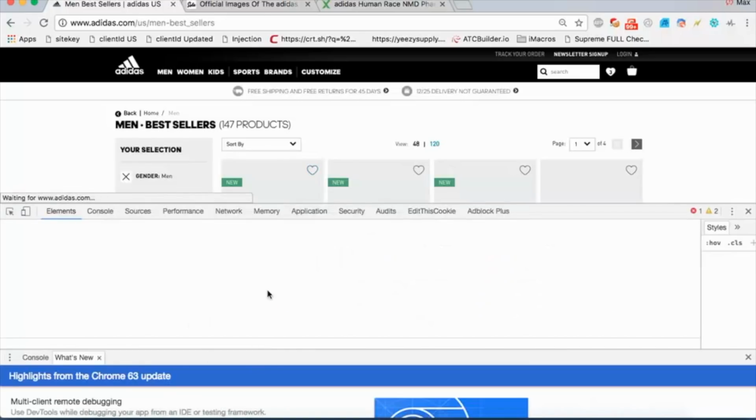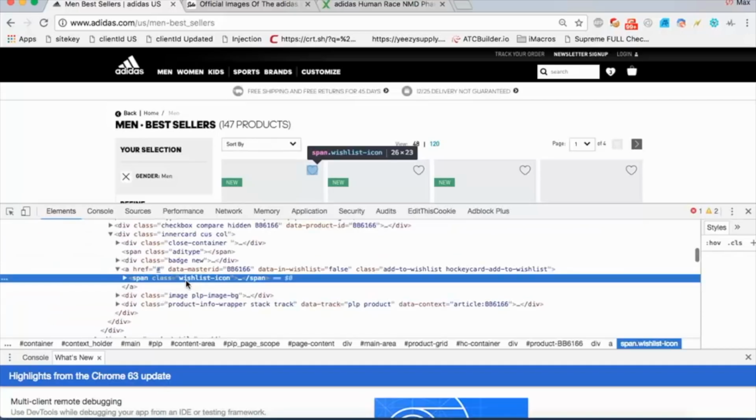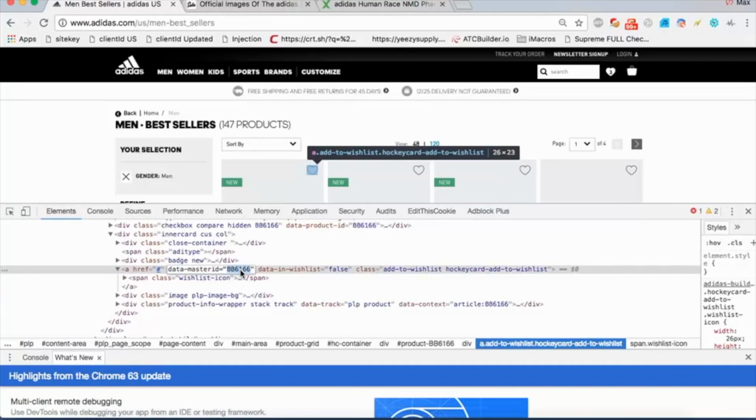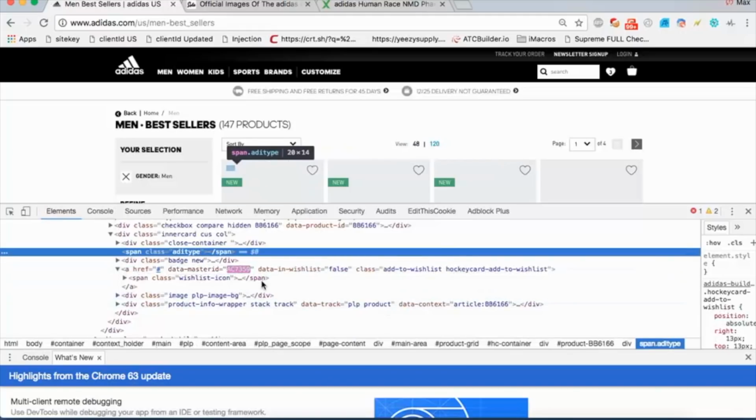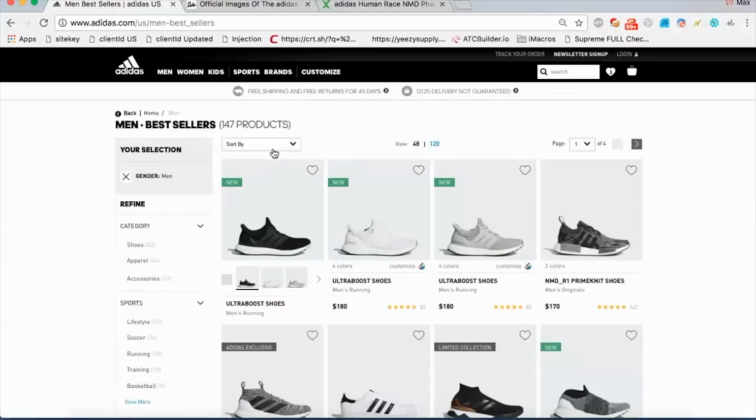Once again, we're going to simply delete the SKU that is loaded as the data master ID right now. We're going to fill in our SKU as the value and just save that, clicking anywhere within the window. Exit out of the window and we are going to click on the heart to add it to our wish list. Now theoretically, as we did with the 4D runner, this should add the Adidas Human Race NMD to our wish list, but as you can see,